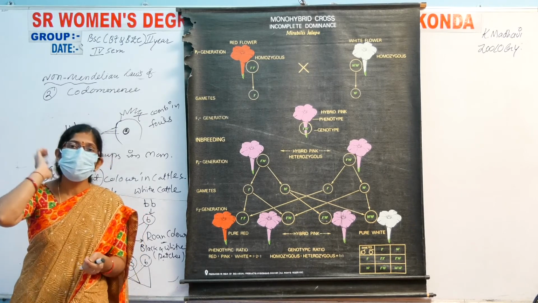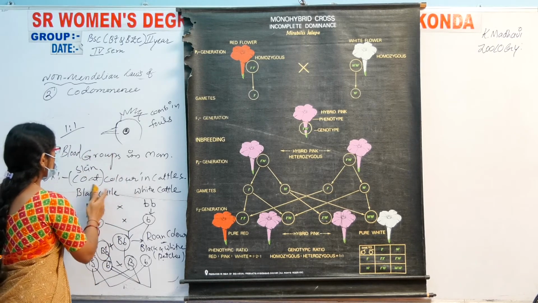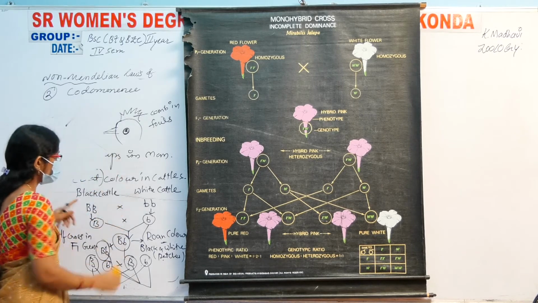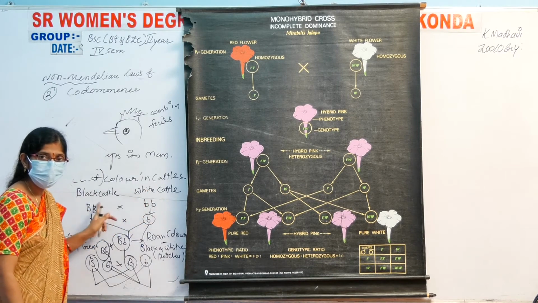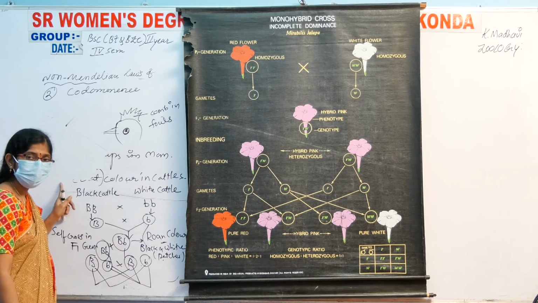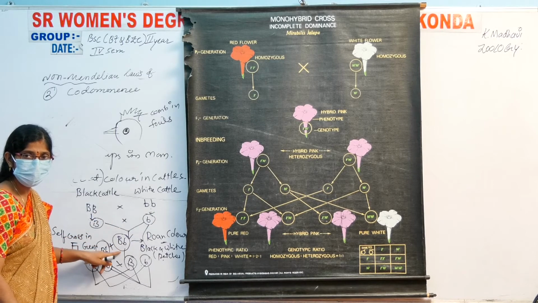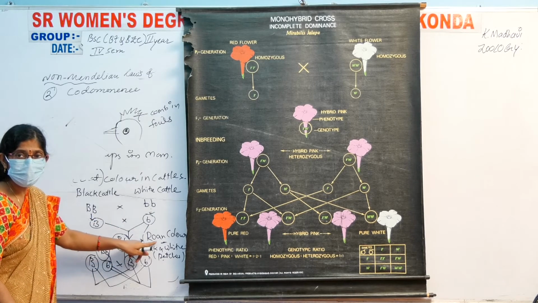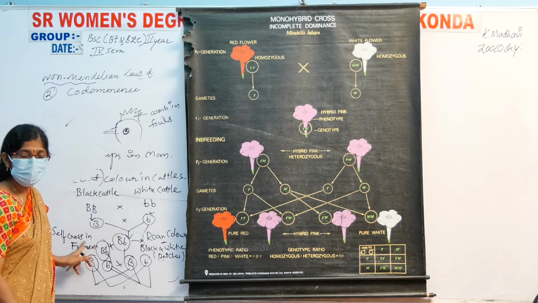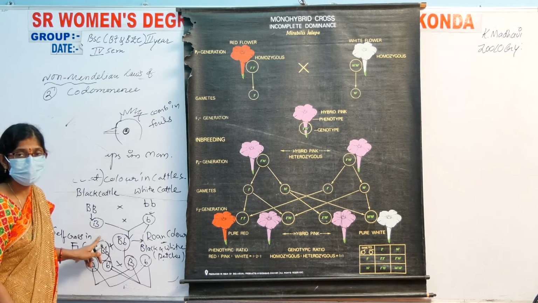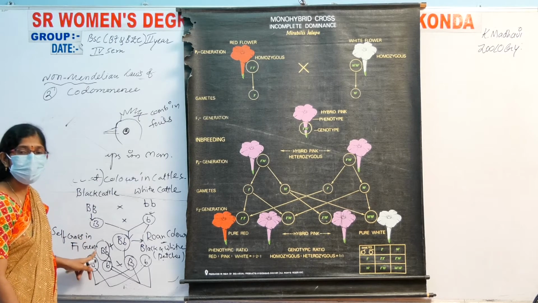This is a 1:1 ratio. But for complete codominance we will give another example, of blood groups, to explain it. Black cattle and white cattle are both crossed in a parent generation. The gametes cross with each other, producing the hybrid. The hybrid color is roan, which contains black and white patches. And in this F1 generation, self-crossing occurs in the hybrids.